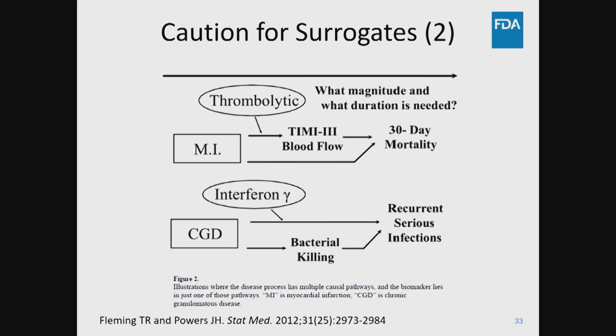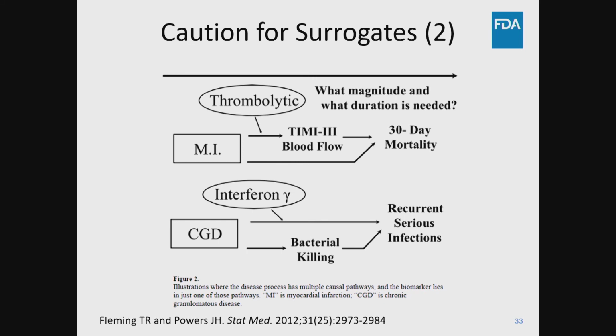So their novel drug had a better effect at, I believe it was the 60 and 90-minute endpoint or time points on TIMI-3 blood flow. Their hypothesis based on that was that this would lead to a better 30-day mortality outcome with their novel drug. However, when they ran their larger phase 3 study, they showed that it was actually numerically worse than the older agent, and that it did not, in fact, go on to improve 30-day mortality. So they investigated the reason for this and possible causes, and one thing that they discovered was that in that initial phase 2 study,